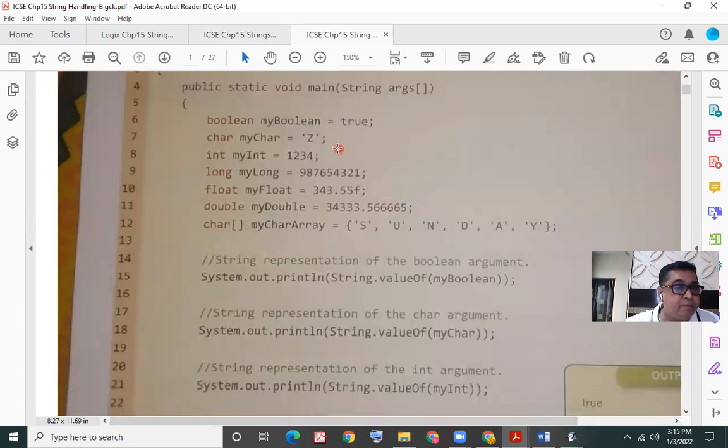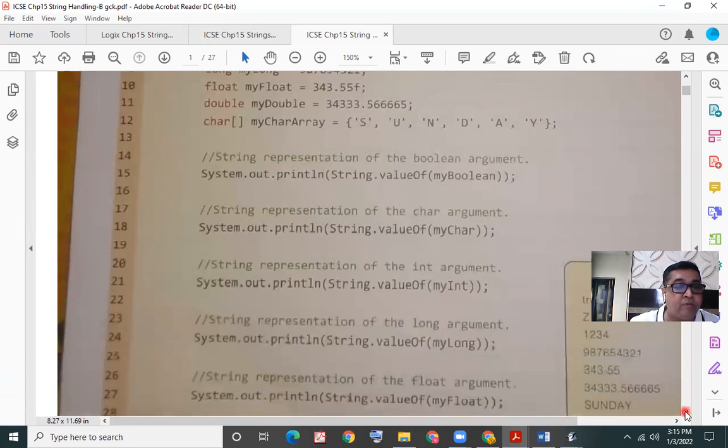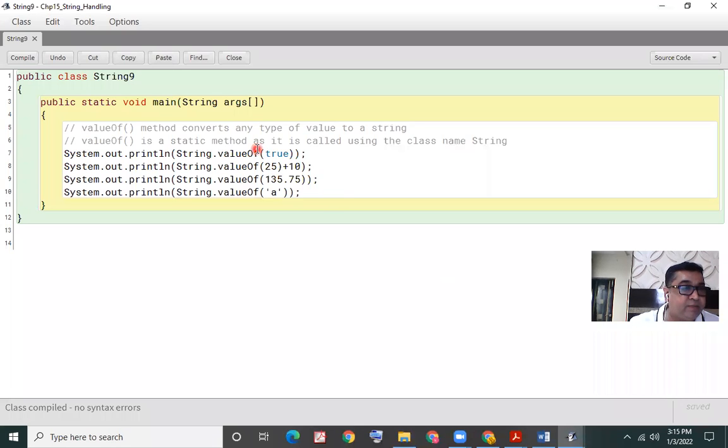The example which I gave you was very simple. I directly wrote in this method String.valueOf, and then in brackets I directly wrote the type of value. In the first case, I wrote a Boolean value. In the second case, an integer value. Third example, I wrote a Boolean value, and in the fourth example, a character. So I gave you a very simple example. That means in the valueOf method, I directly wrote values of different types, and they were all converted to strings. Whereas what the author has done is